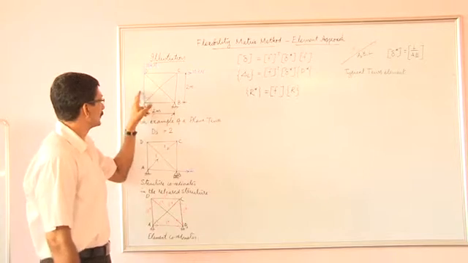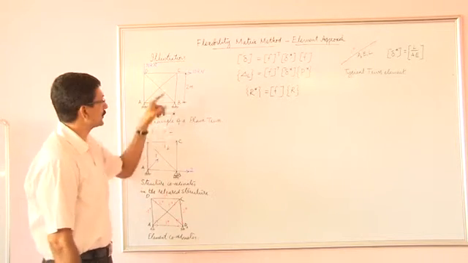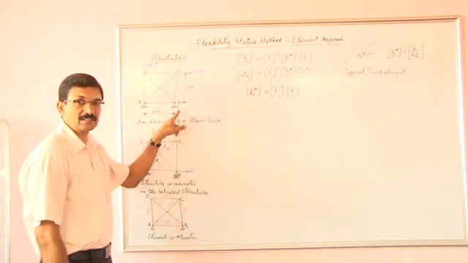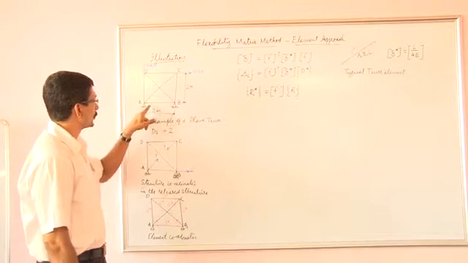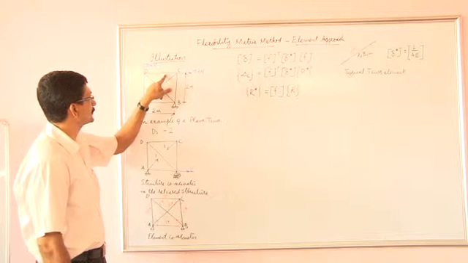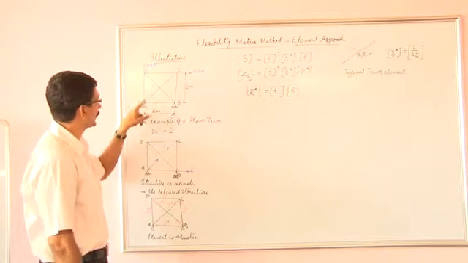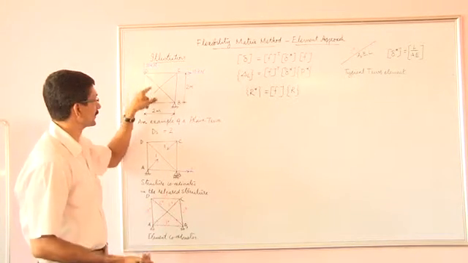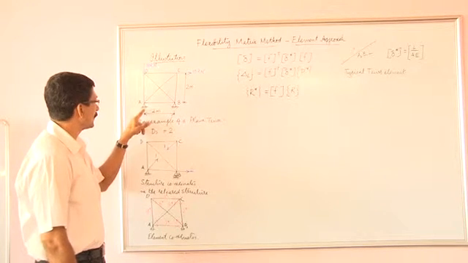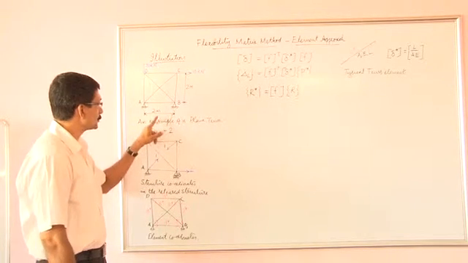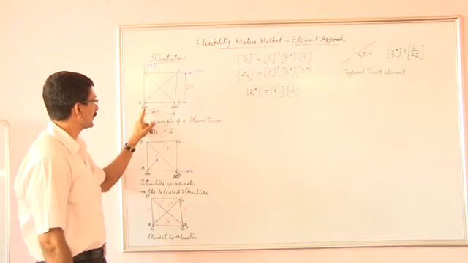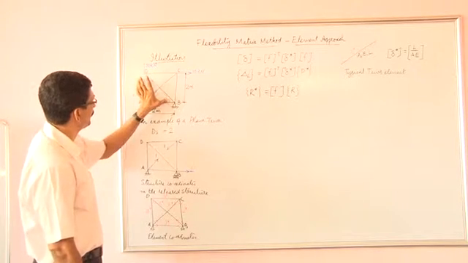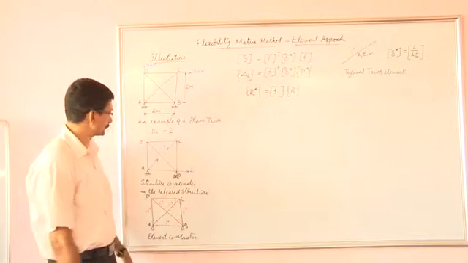We have 6 elements or 6 members in the truss which are pin connected, and there are 2 supports which are hinges. So AB, BC, CD, DA, AC and BD are the elements or the members in the truss. A and B are hinge supports. 2 meters is the length of AB and BC. This is a square shape. Length of BD and AC are 2√2.